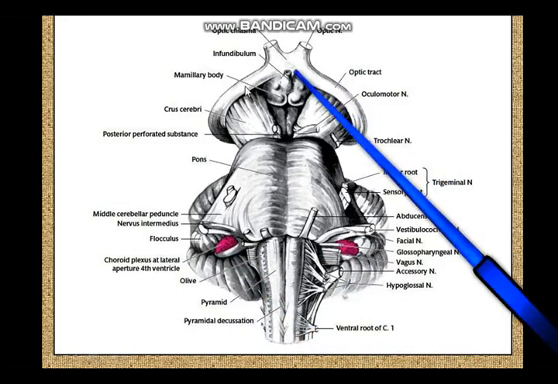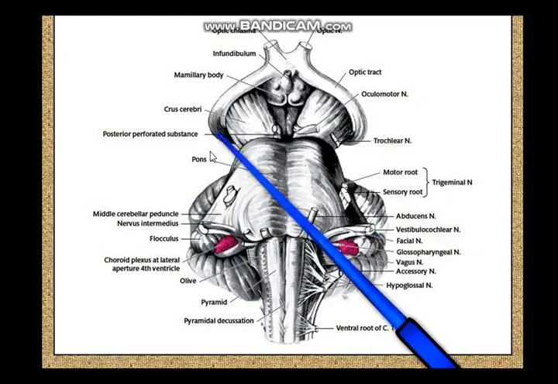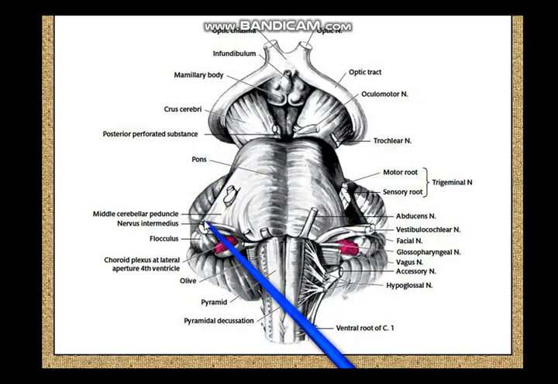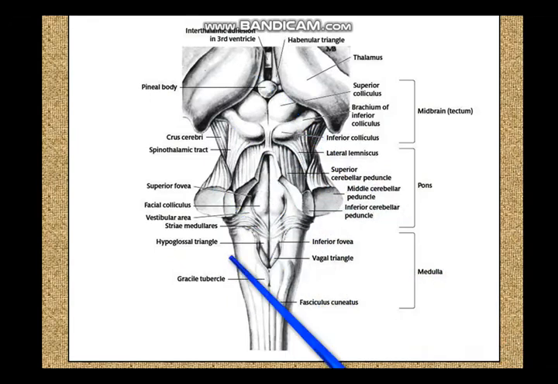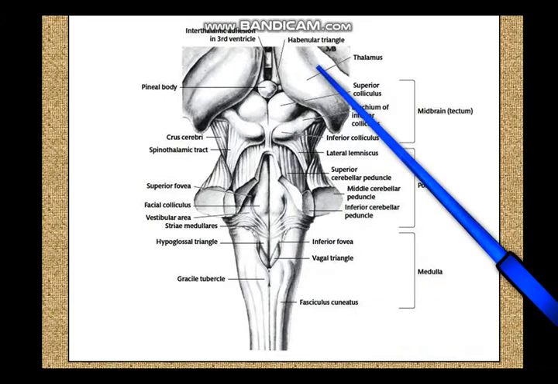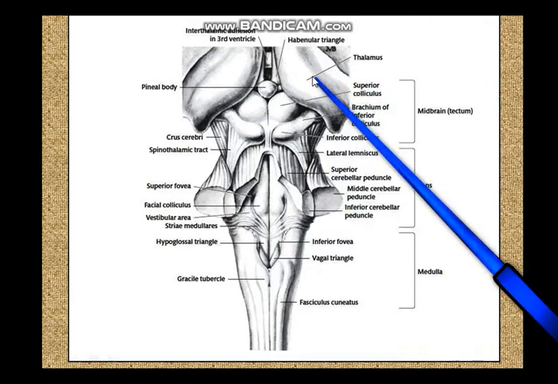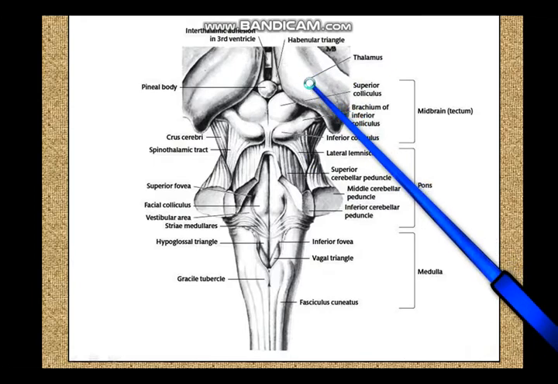So now you have seen what you have to see and what you have to remember for the ventral surface of the brainstem. Now let us look at the posterior or dorsal surface of the brainstem. Here you have the posterior surface of the brainstem and a lot of structures. Beyond the brainstem you can see a little bit of the diencephalon, just as you could see the diencephalon from the front.